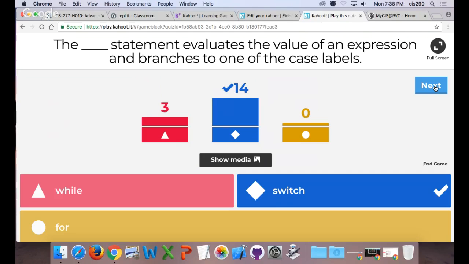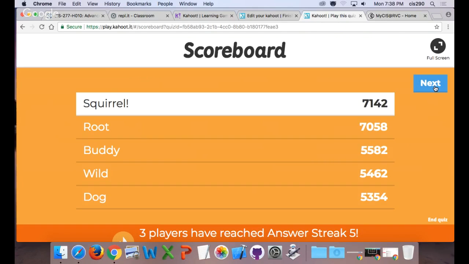An example would be like grade level. Say your app is grading papers or whatever, and has cases for A, B, C, D, or F. Squirrel, root, buddy, wild, and dog. 3 players have reached answer streak.